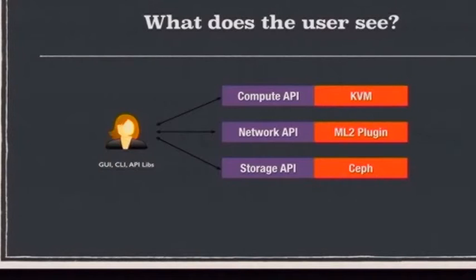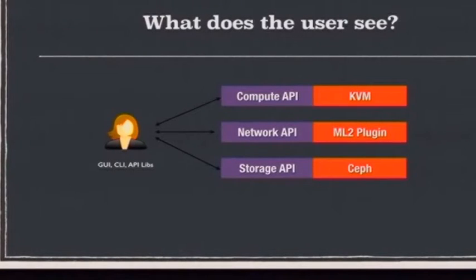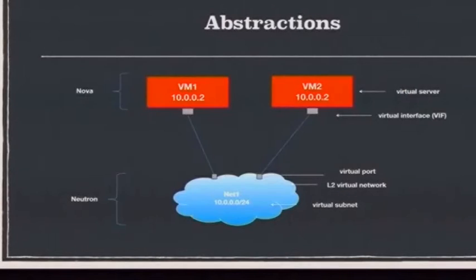In reality, the compute API could be backed by libvirt and KVM, the storage API could be backed by Ceph, the networking API could be backed by the modular layer 2 plugin. Using that abstraction and keeping it agnostic, the user is able to create a really rich set